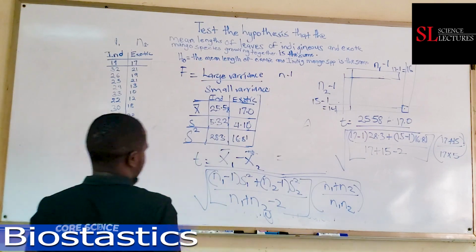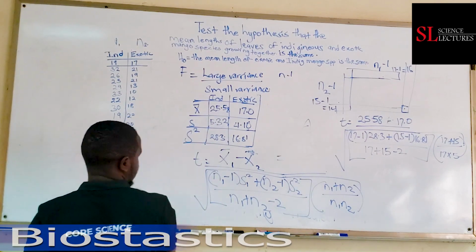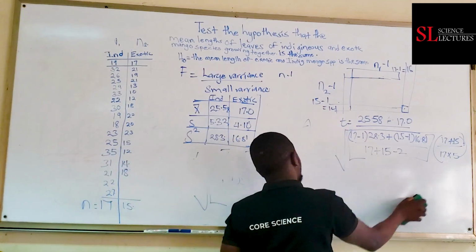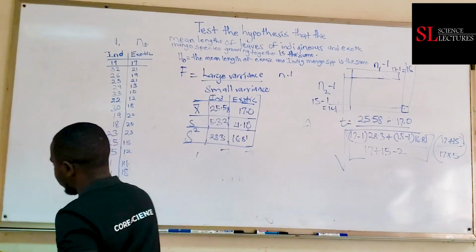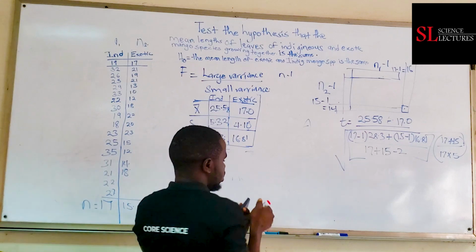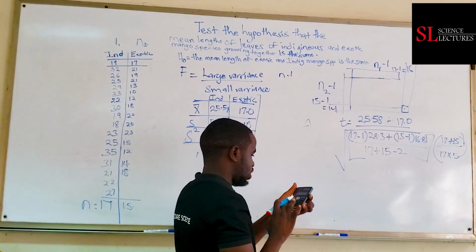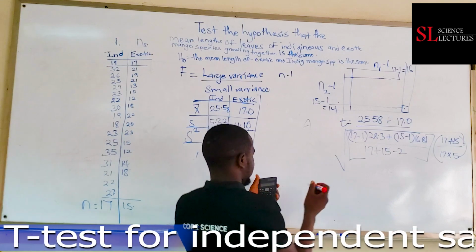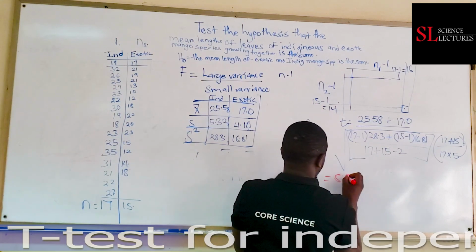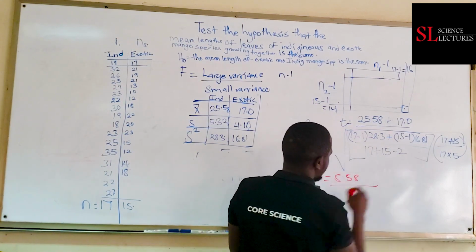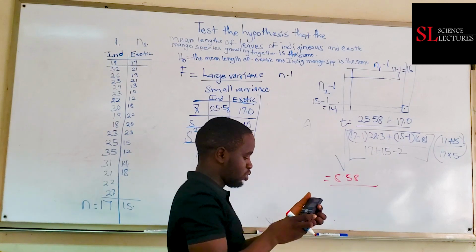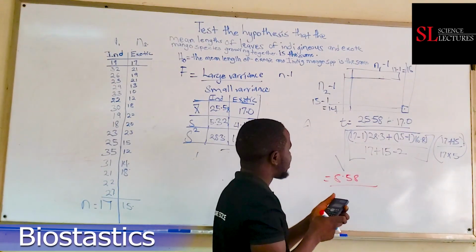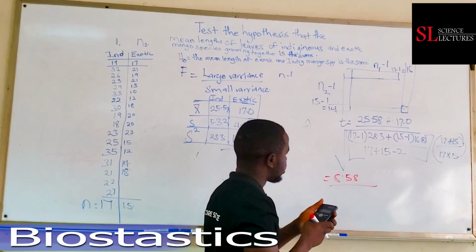So we start doing our calculations. Another thing important to note, whenever you are pressing in these values, you take one at a time. Otherwise, you might end up mixing things. So 25.58 minus 17.0, I get 8.58. Divided by whatever I'm going to get here. 17 minus 1 is equal to 16. I hope you're also calculating. Good. 16 times 28.3